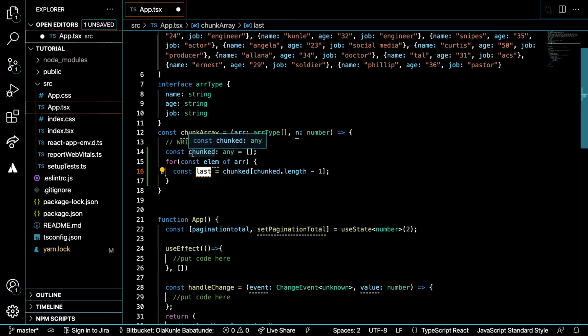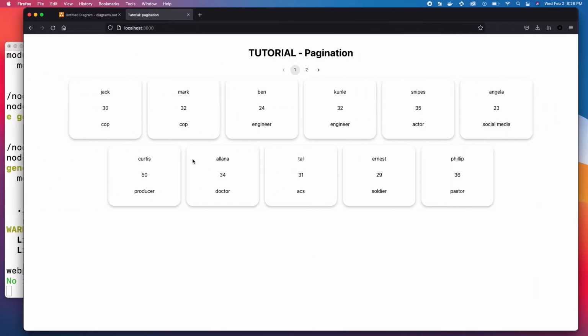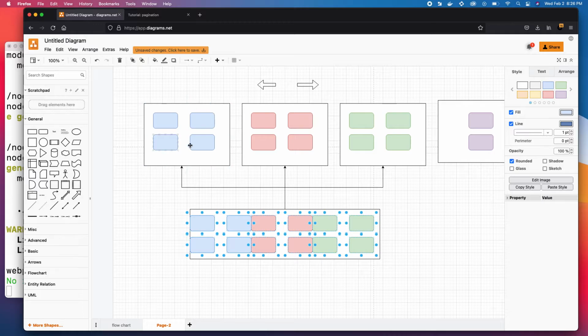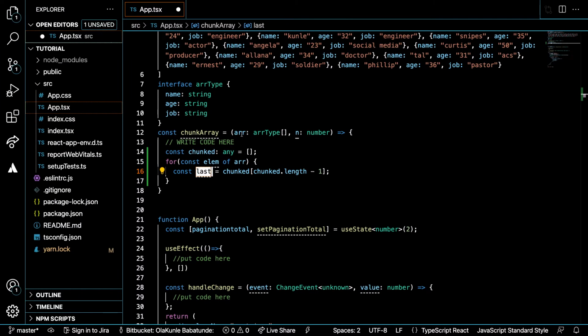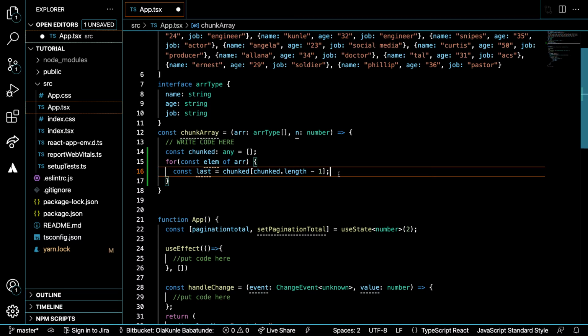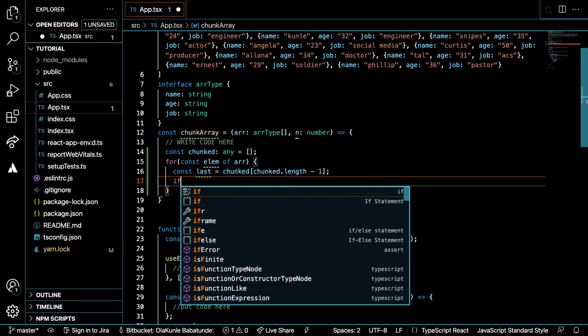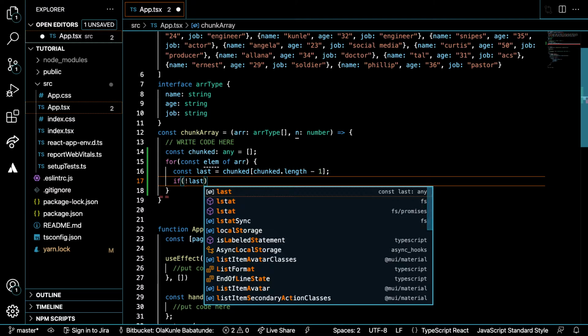to take the last element inside this array. We don't know what that last element is yet, but it's important to us because that's how we're going to create our chunk. The last here is basically each of this page. So this is the last in this case. So let's go back. So what we're going to do now is we're going to say if last does not exist,